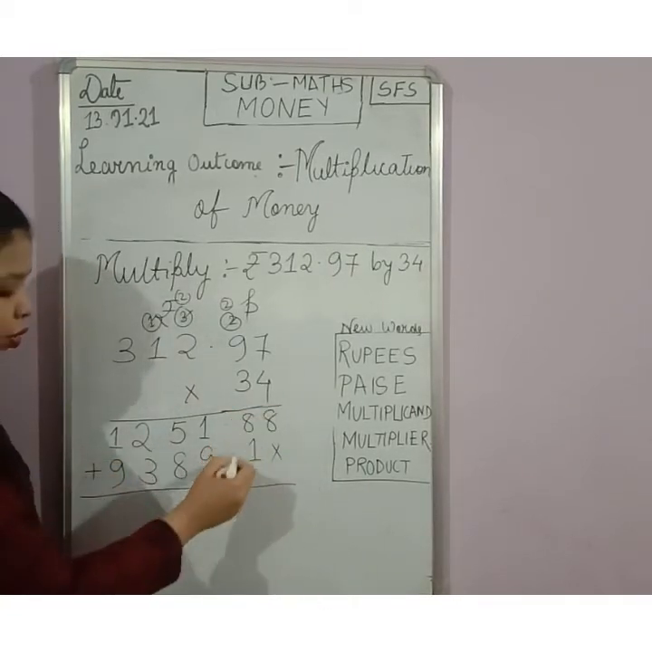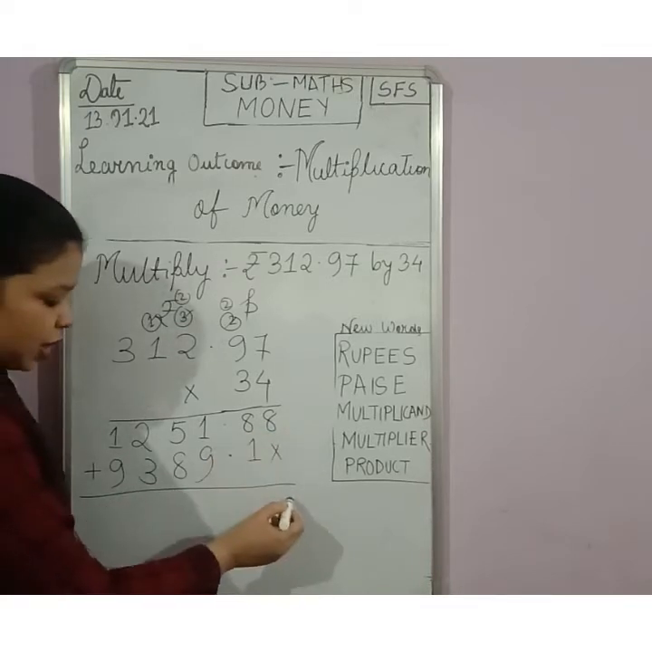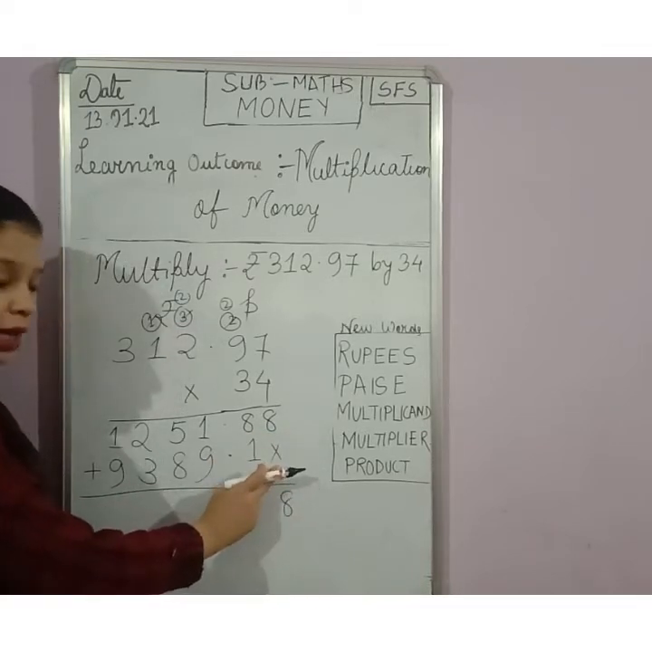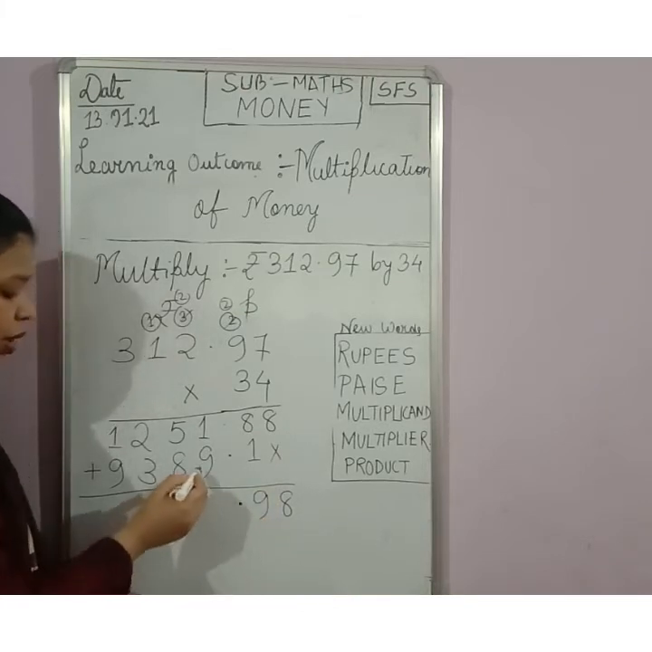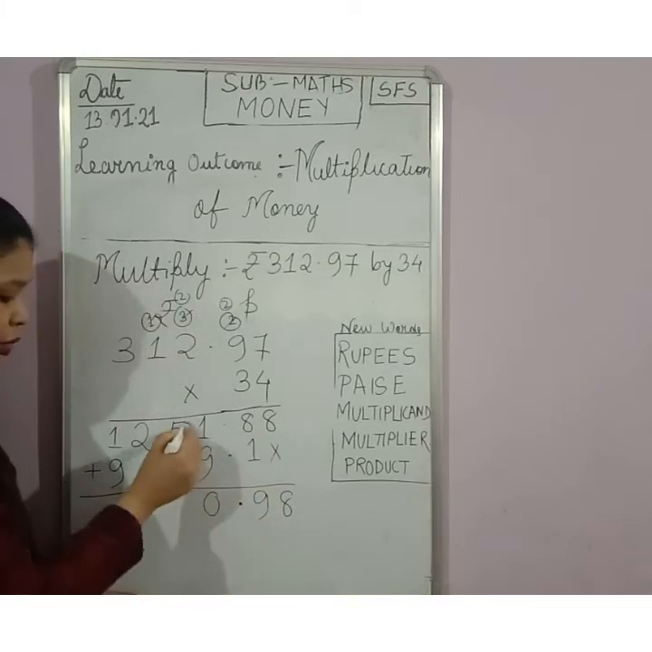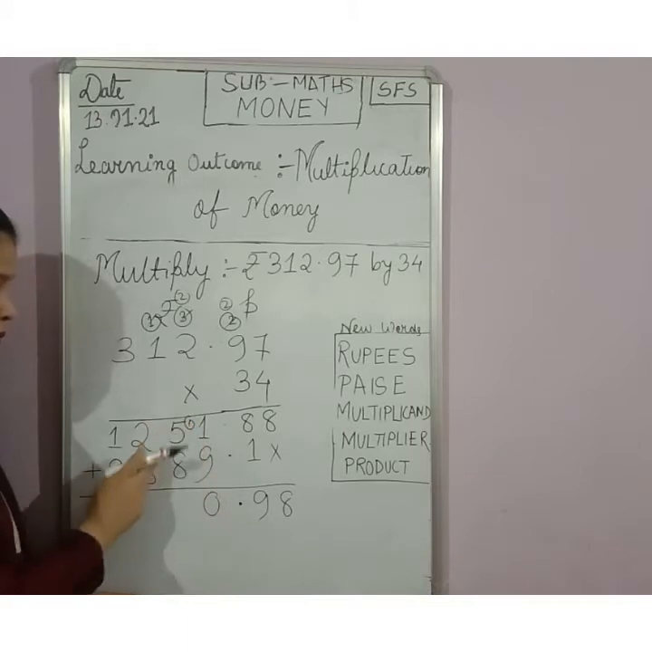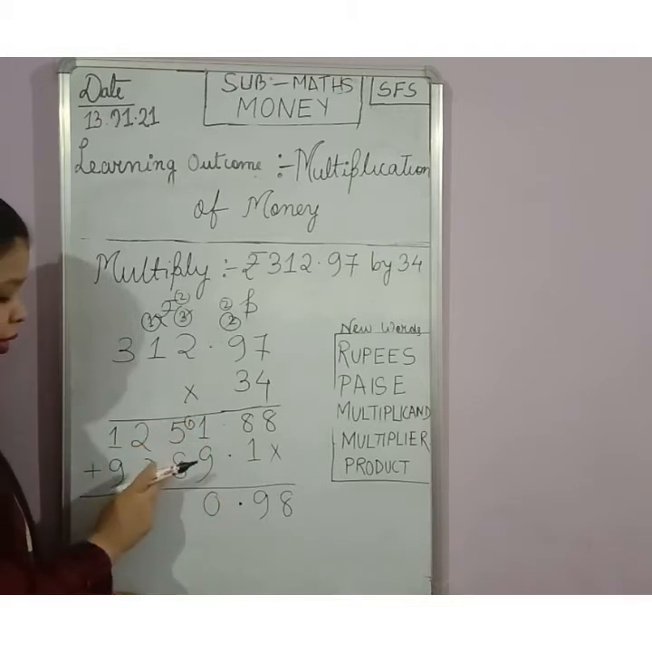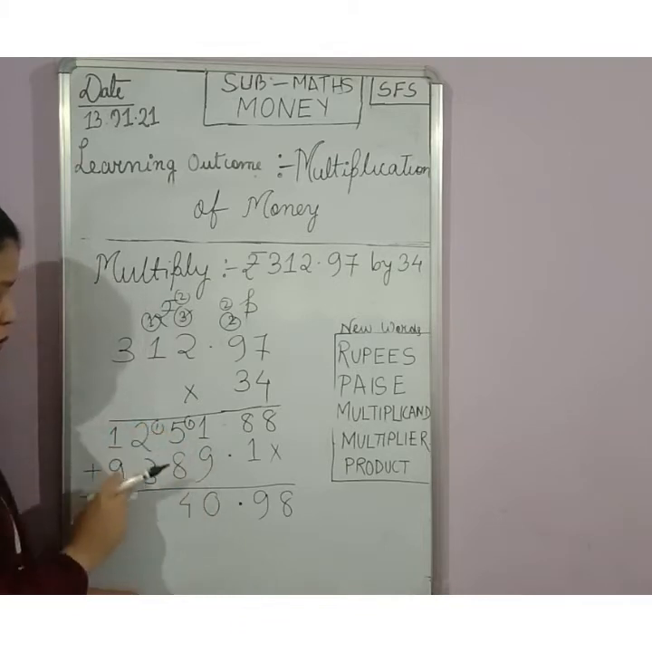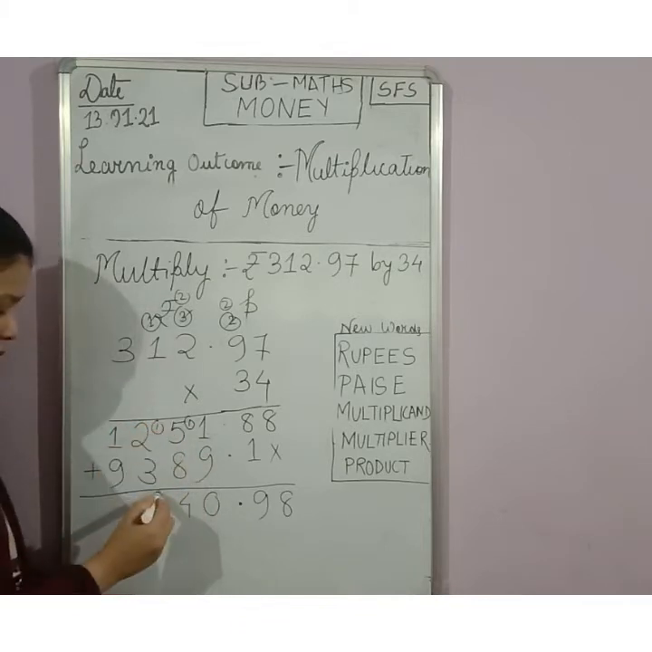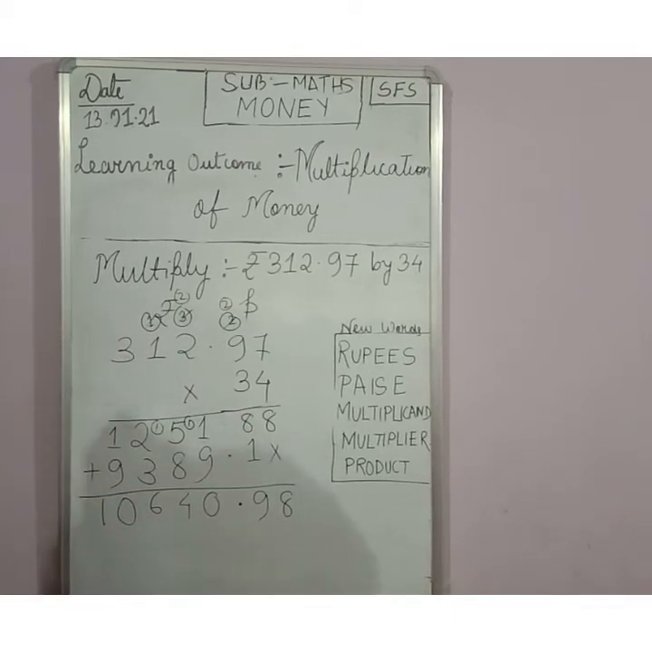Okay, so decimal point is here. 8 will come down because there is nothing to add with 8. 8 plus 1, 9. The decimal point will come down. 9 plus 1, 10. 1 is carry over here again. 5 plus 8, 13 plus 1, 14. 1 carry over. 2 plus 3, 5 plus 1, 6. 9 plus 1, 10. So the answer is